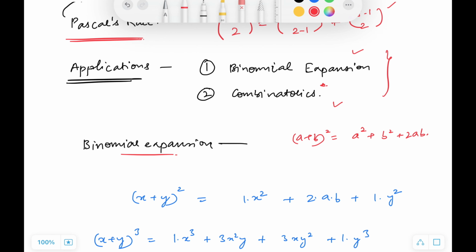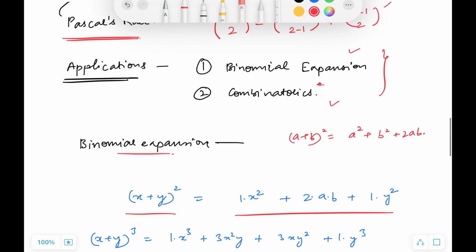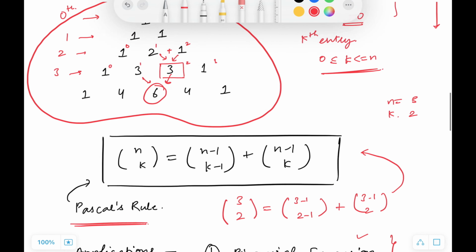If I write it like this, x plus y whole square, I can write something like this: x, y, x, y, x, y. X with power 2, y with power 0. X with power 1, y with power 1. X with power 0, y with power 2. So usually these kinds of expressions are expanded, and with these values I am going to put Pascal